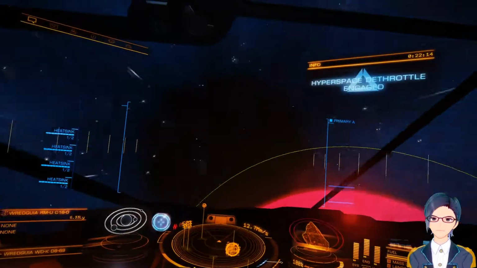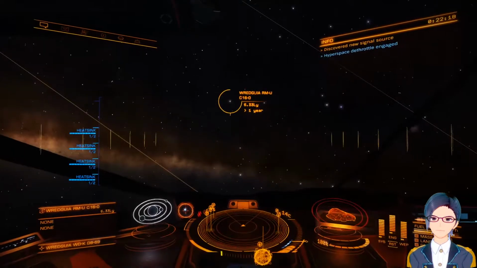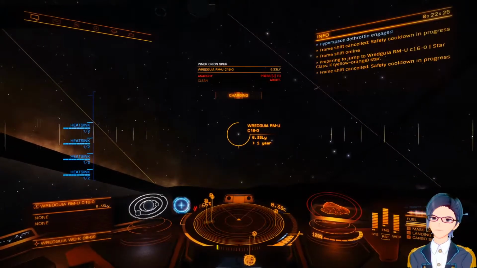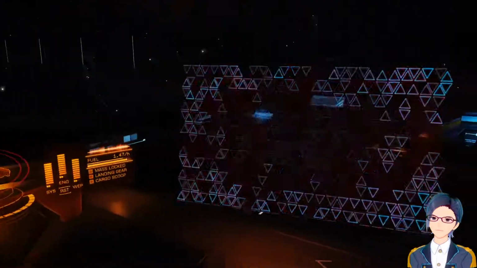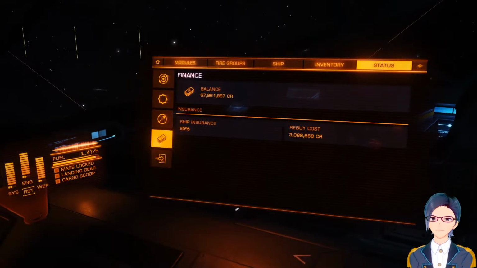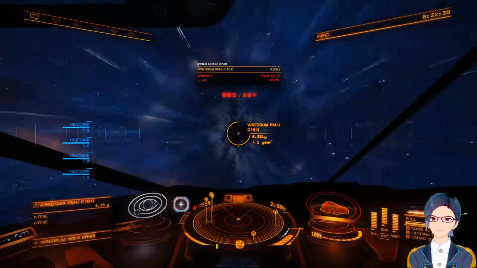Okay. I think we're over halfway there now, right? Maybe 3 or 4 more jumps. Oops. Come on, there we go. Drive charging. How much is my, what is my jumping range right now? How do you see that again? 4, 3, 2,